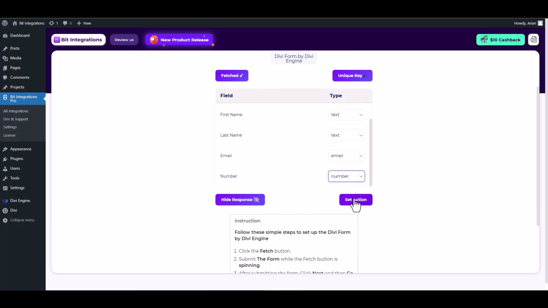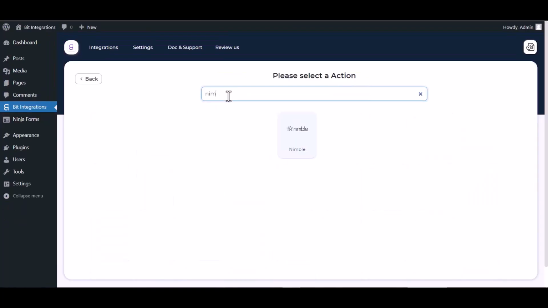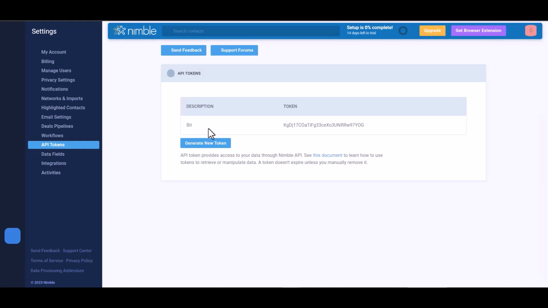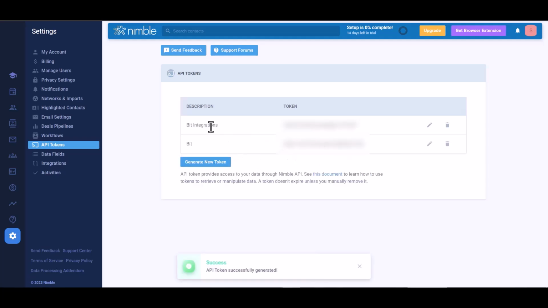Set action. Search and select Action Nimble. Give here an API token, so please visit the Nimble API token. Generate new token. Give here a meaningful name. Generate. Copy the API token